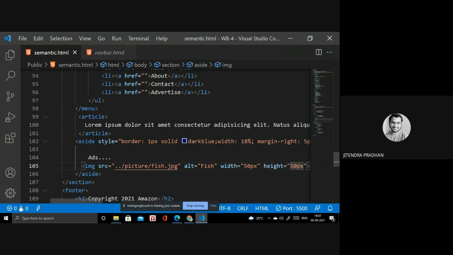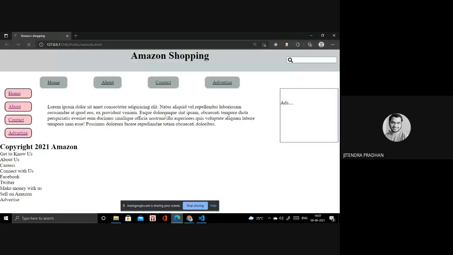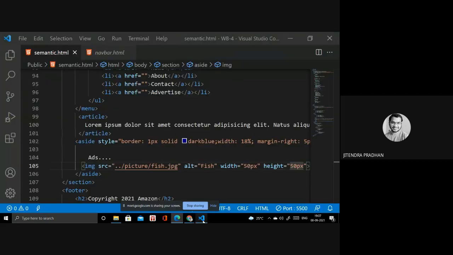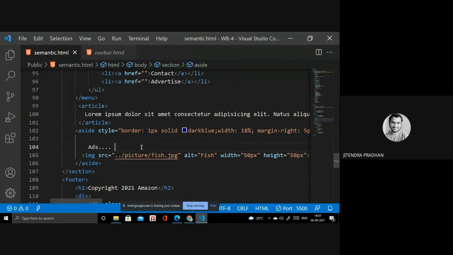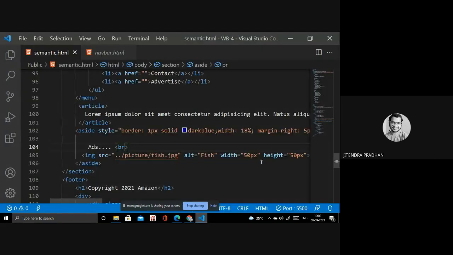Okay, done. So let's check. It's working fine. If you require a break, then you have to use break. Feel better now. If you require more than that, then you have to change that one. It's like 100 pixel, and height if you require, you have to give 18 pixel.